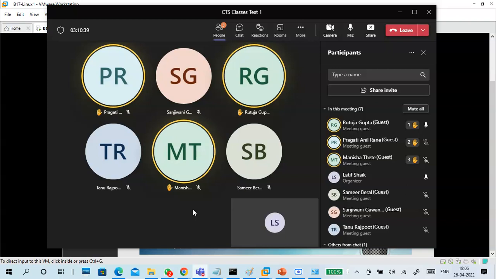Pragati, Rutuja, Manisha. Okay. Three people are first time Linux. You see? So people, Tanu also. Very good.